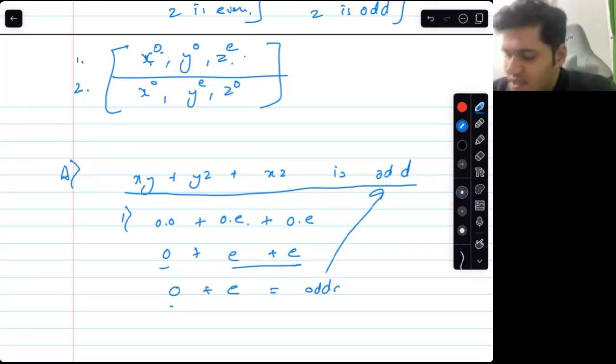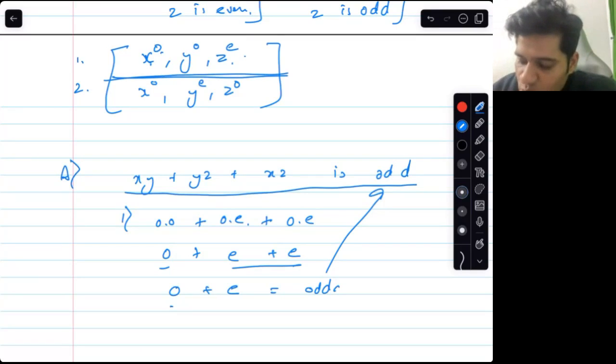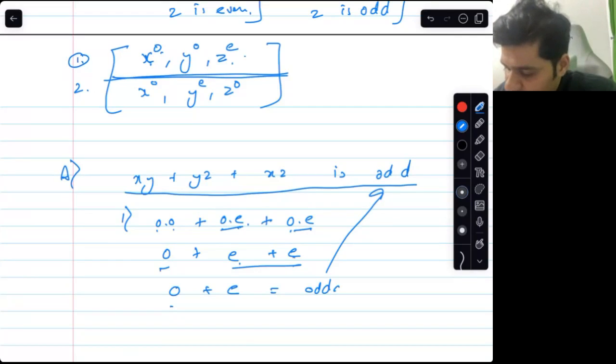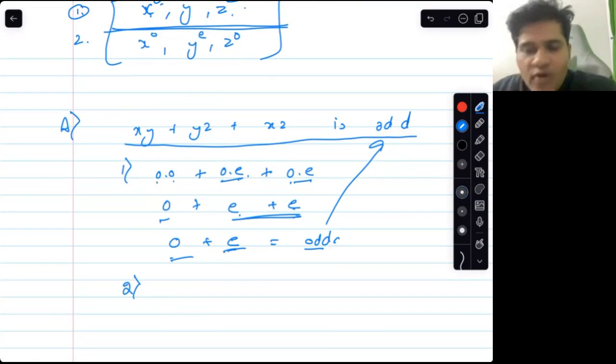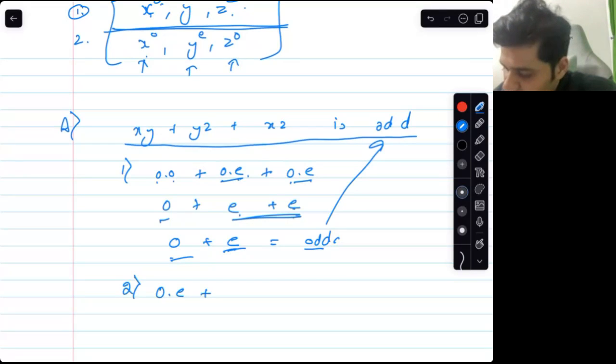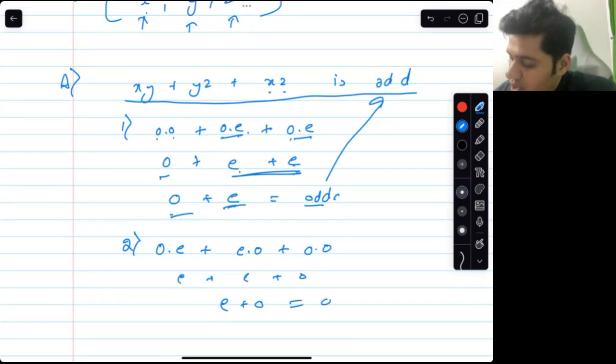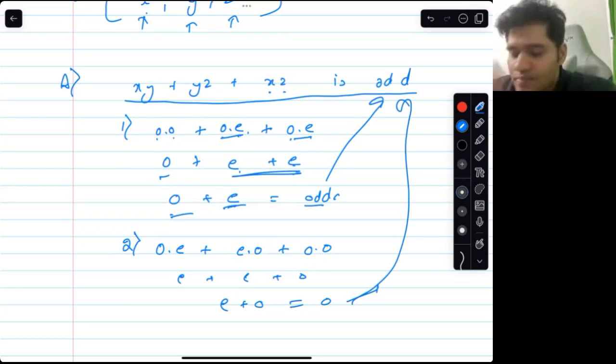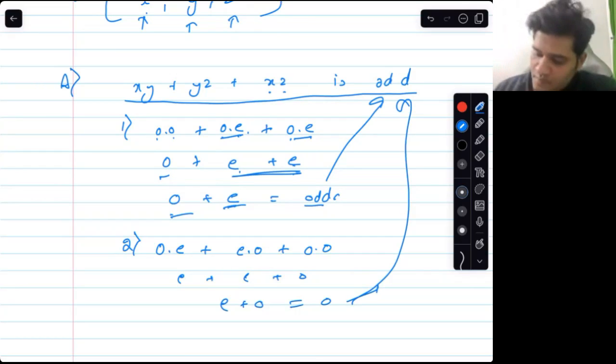Is this correct? Yes, because these two situations are possible. I used the first one of them and tried odd into odd plus odd into even plus odd into even. So this is even, even plus even is even, odd plus even is odd, and that is what they said. I can also check for the second one. For the second one also it would come out true. X is odd, y is even, z is odd. So odd into even plus even into odd plus xz, both are odd. Odd into odd. So even plus odd. Same situation. Even plus odd equal to odd. And that is what they said, that it is odd. So A is clear. Alright.